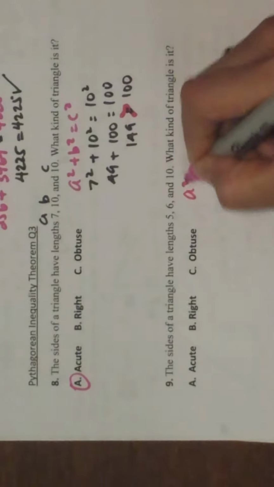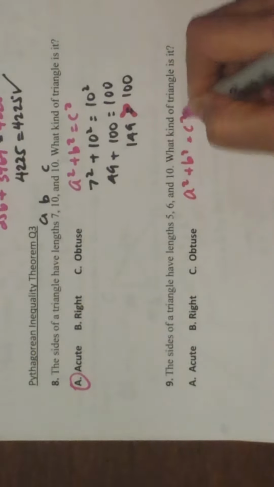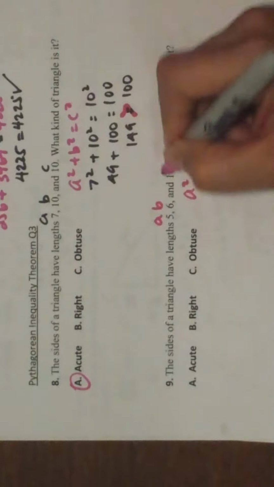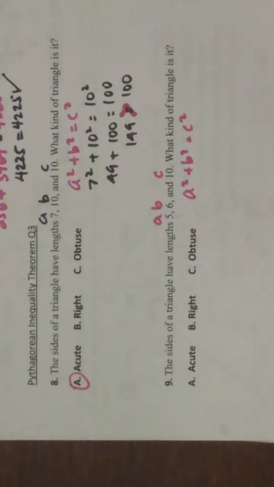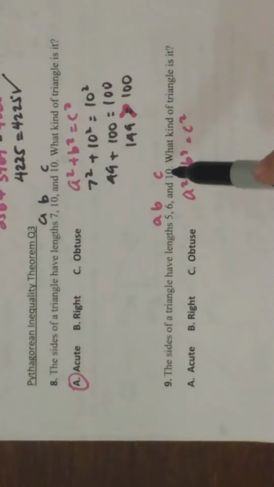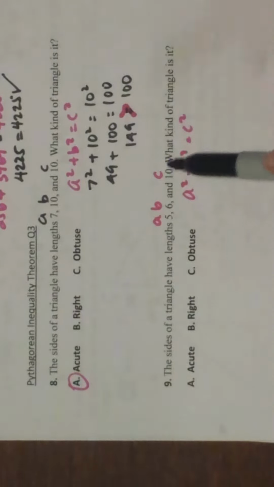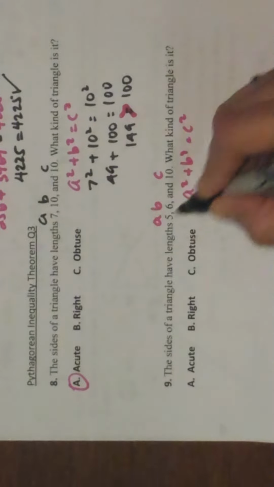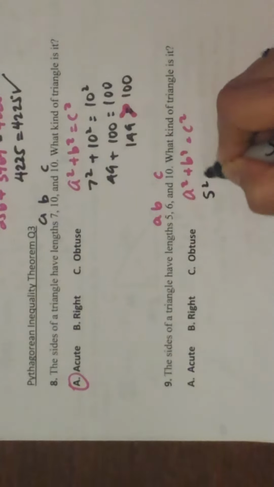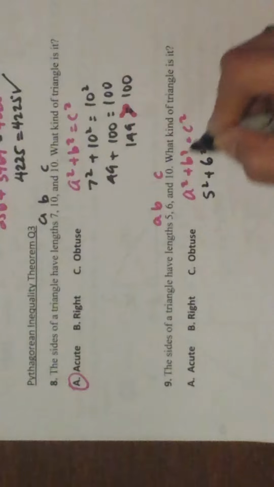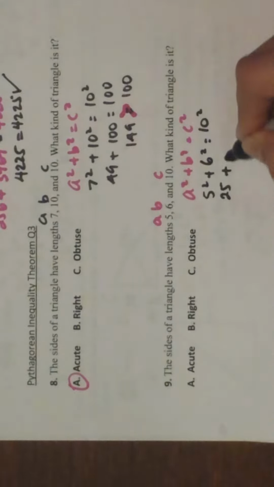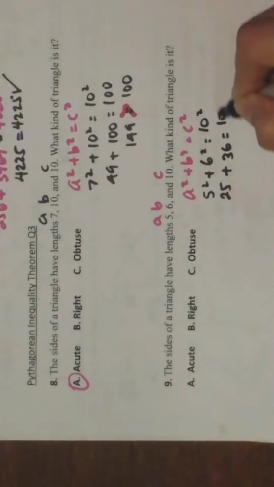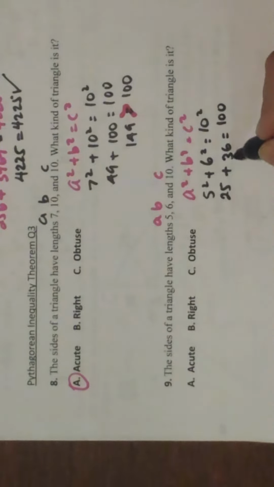Again, write your formula down. A squared plus b squared equals c squared. Label A, B, and C. C, make sure is the longest side. All right, in Excel, it looks like C is always last, but don't trust that. So just make sure C is always the longest side. 5 squared plus 6 squared equals 10 squared. 5 squared is 25 plus 36 equals 100. 25 plus 36 is